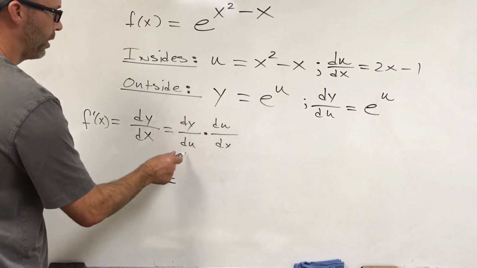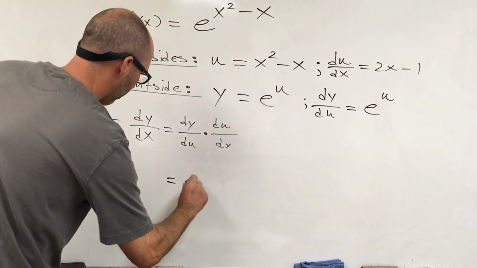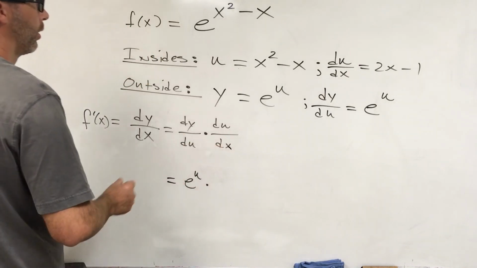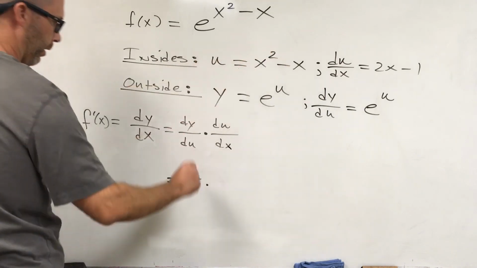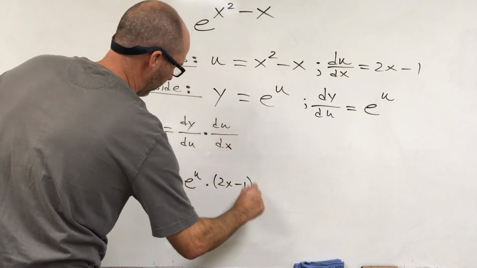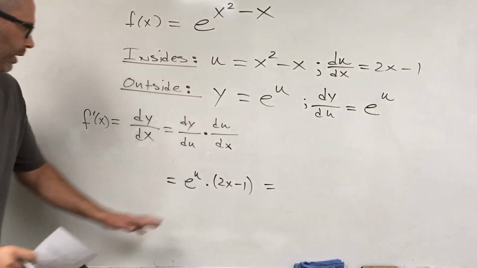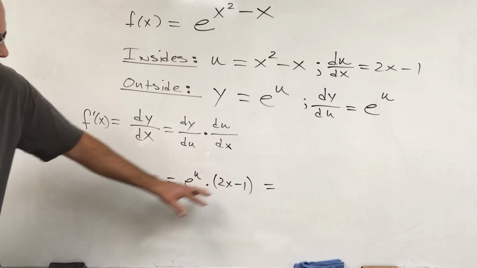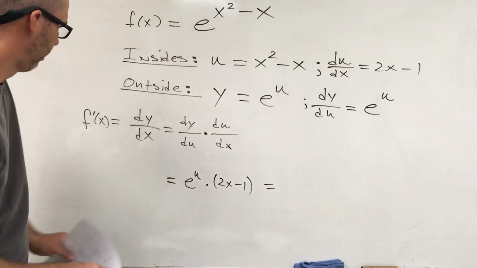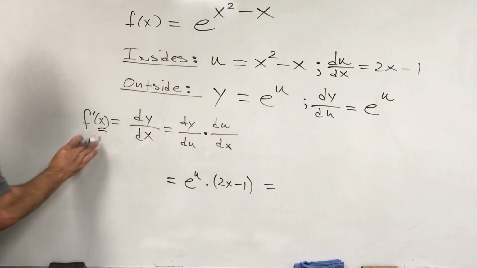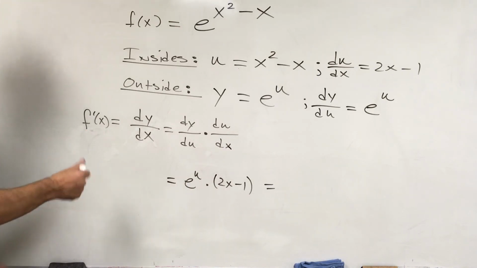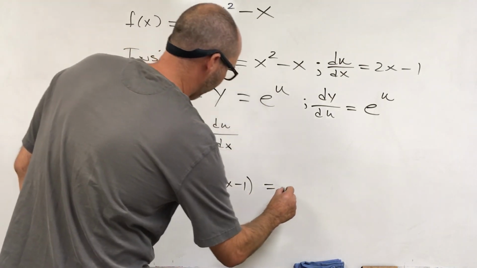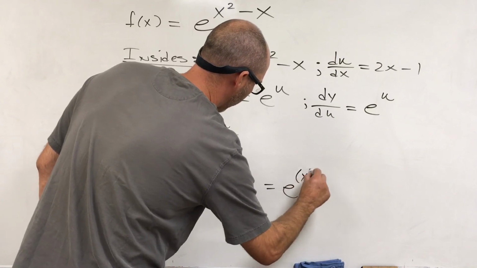Let's see, so dy du, found that, that's e to the u. du dx, found it right there, 2x minus 1. Don't forget to back substitute. We don't want two different variables there. That makes things more complicated. Right? We just want x's or t's or whatever our function is in terms of. Okay, u is, so we have e to the